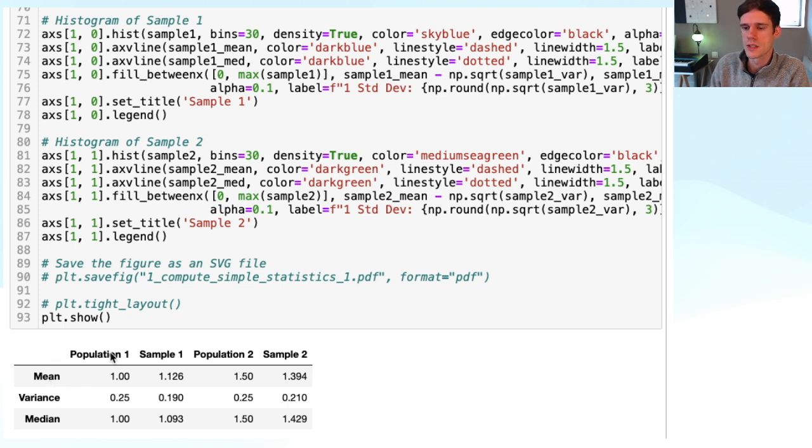Remember, for population 1, we set the mean, or the location of this distribution, equal to 1, whereas for population 2, we set it to 1.5. And likewise for the variance. Remember that for populations 1 and 2, we set the scale, or the standard deviation, to be equal to 0.5 for both of them. And since the variance is the square of the standard deviation, we have 0.25, which is